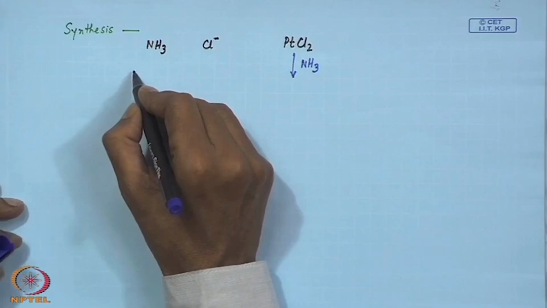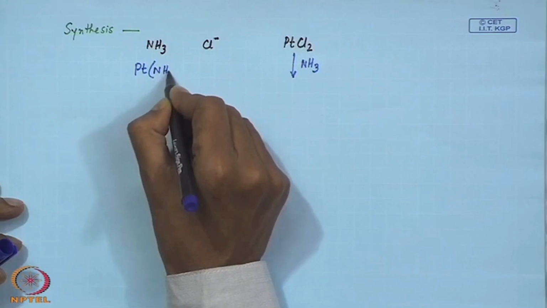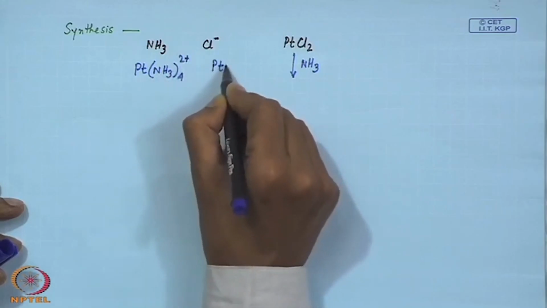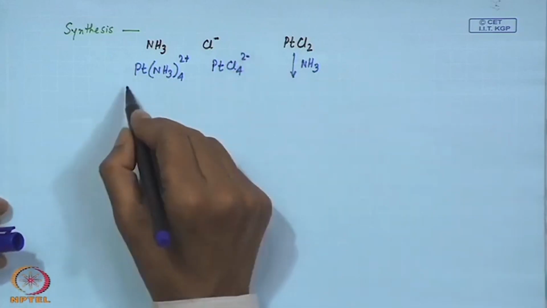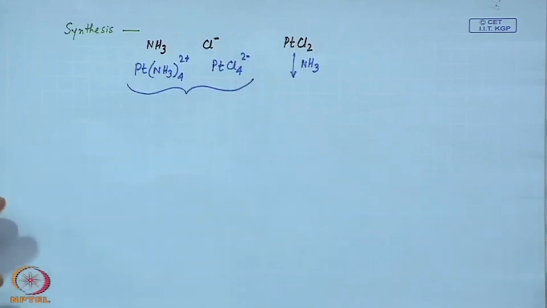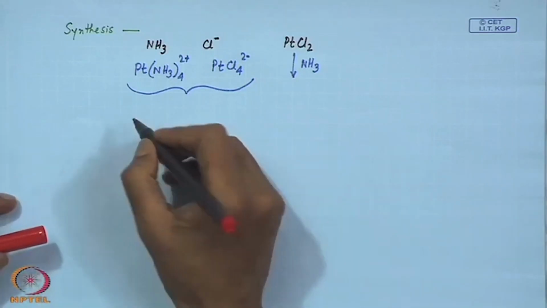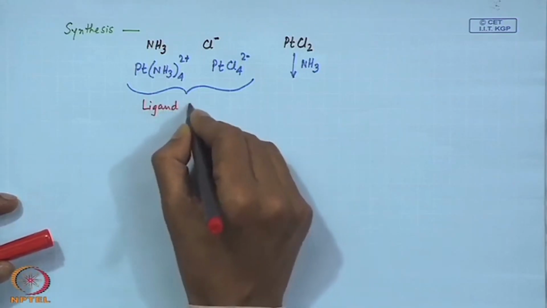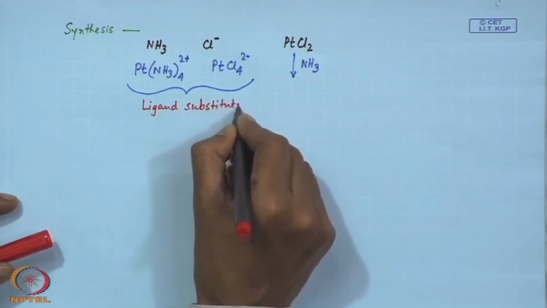So whether this particular metal salt can react with ammonia, or we can have the two compounds of A4 and B4 type, that means Pt(NH3)4 2+ or PtCl4 2-, will encounter some kind of ligand substitution reaction. So we will talk in solution chemistry about these as the ligand substitution reaction,